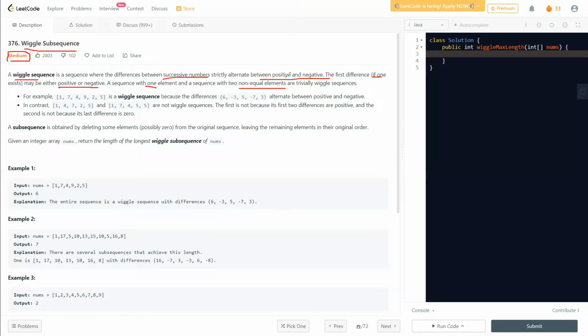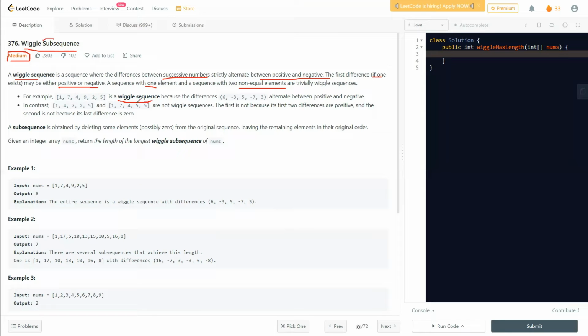And look carefully, it gives us some examples to help us understand what exactly a Wiggle sequence is. But the question says Wiggle subsequence, remember that? So the question goes much deeper into this. Now look carefully, as an example, it says